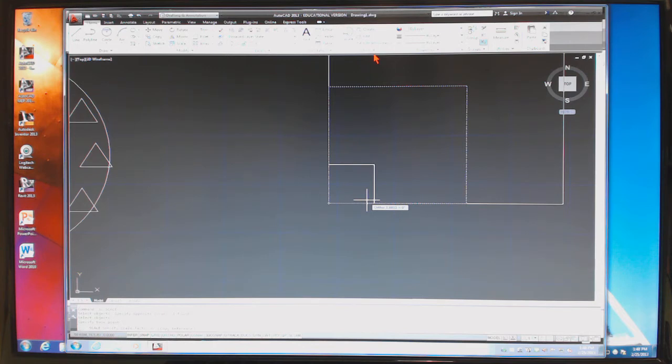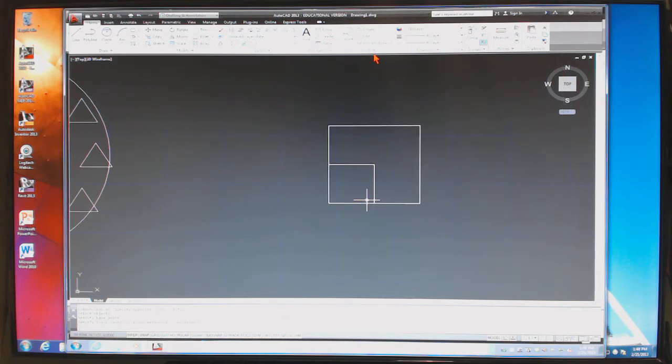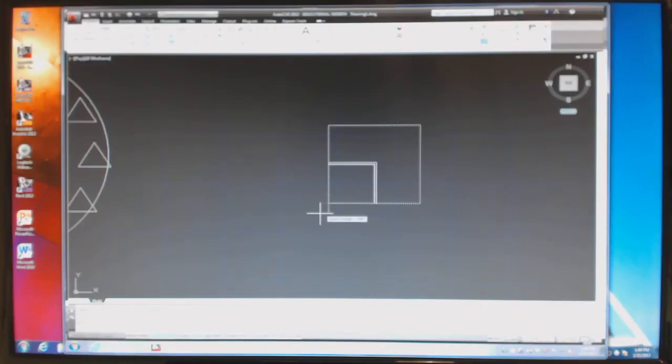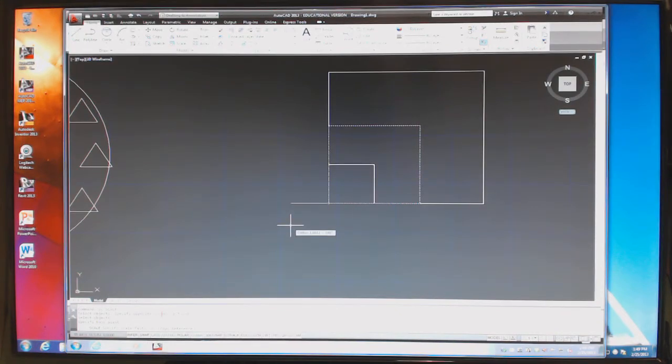Okay, so all I have to do is type point, hold 6 down for a couple seconds, and hit enter. Now look, if I pull a distance on this one, DI spacebar, 4 by 4. Now, there's a little bit easier way to do that. Let me show you how. I'm going to scale this back from a 4x4 to a 6x6, but instead of having to do all that math in my head,